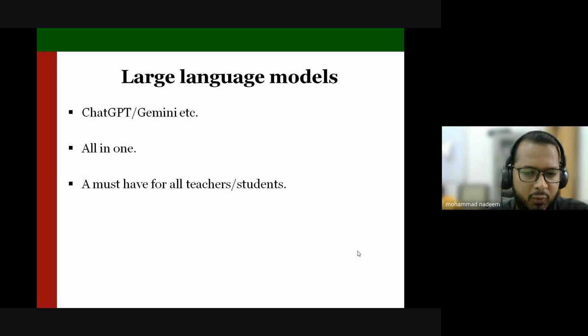So in today's scenario, it's kind of a must-have for all the teachers and students for many things. Either you want to fetch some information, or you want to generate some application, or you want to create some project, maybe some kind of report. These tools might help you to create the very first draft of that. And yes, you have to use your knowledge, your intellect, your experience,